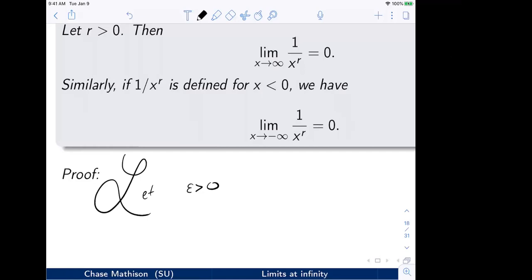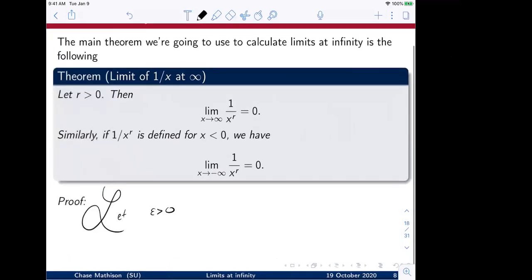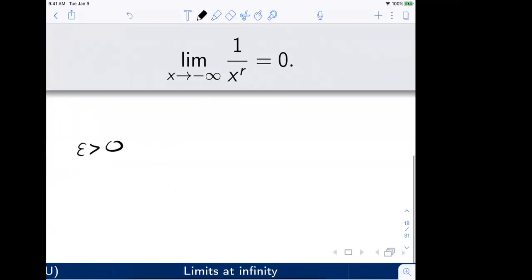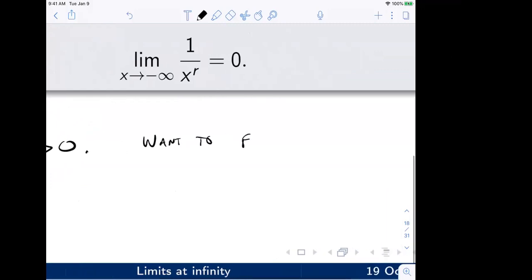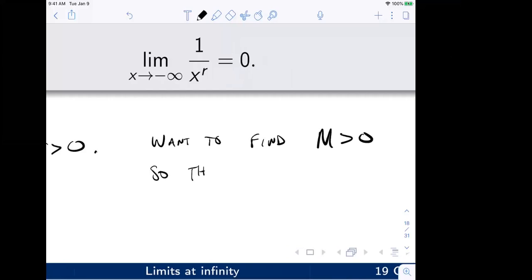All right, so someone walks in, gives me an epsilon and says, I want you to make the function within epsilon of this limit here, 0. Find this number m so that when x is bigger than m, the function is within epsilon of the limit. So I want to show, or really want to find m greater than 0 so that if x is bigger than m,